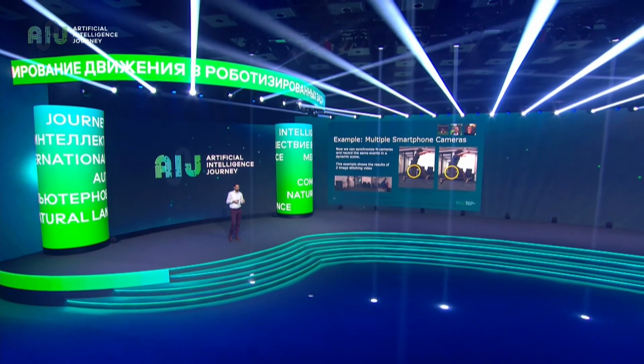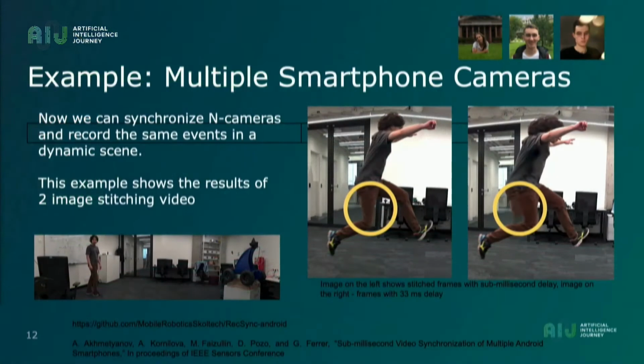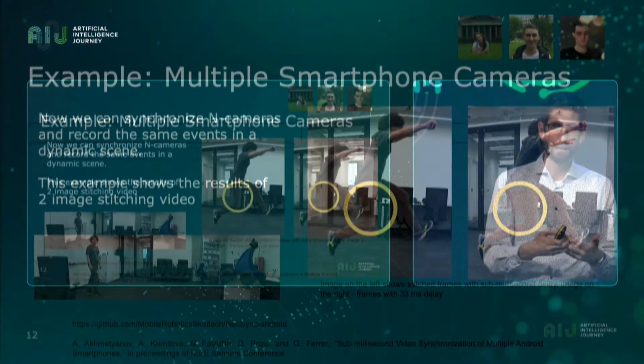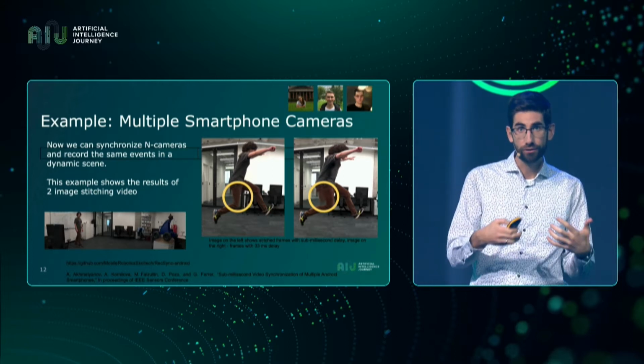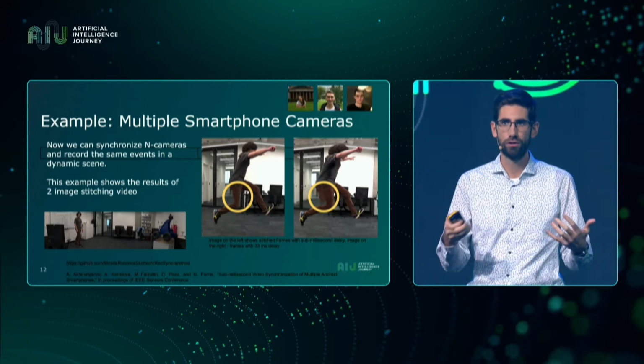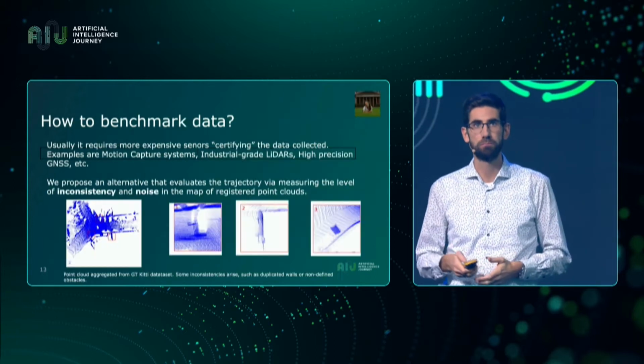Okay, this application of video stitching, if you are curious, you can check out our GitHub, because this application is ready for everyone to try. You can just take a couple of mobile phones. We tried this with 40 different models, and the synchronization that could be achieved was really high. And well, let's say that this is just a way to transform a smartphone, which is not really designed for this, into the right sensor to be used in robotics and other perception applications.